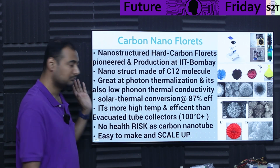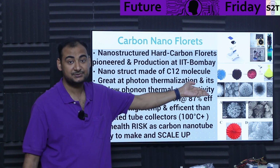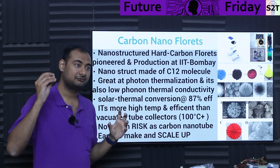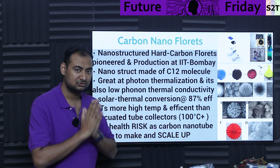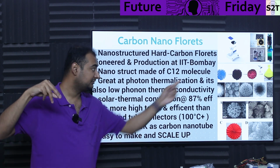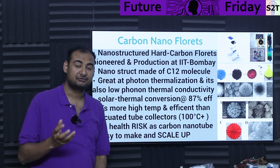So much more simple. And why go through all this trouble to grow carbon in this exact specific pattern? Well, this has great photon thermalization, meaning if a photon falls into it, it disappears, and that photon will be converted into thermal energy. It will not bounce away. So from a photon's point of view, it's a trap. It's a light trap. Light will fall into it, it will not bounce back, and it will convert it into